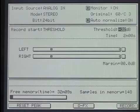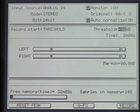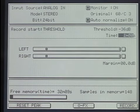Okay, next I want to use record start using the threshold setting. In this case here, as you can see, we're set the threshold. I'm going to set my threshold dB level to about minus 36. Next, I'm going to set my recording time. I'm going to take a couple of small samples here, so I figure no more than about